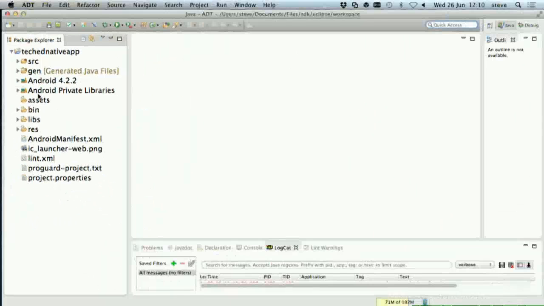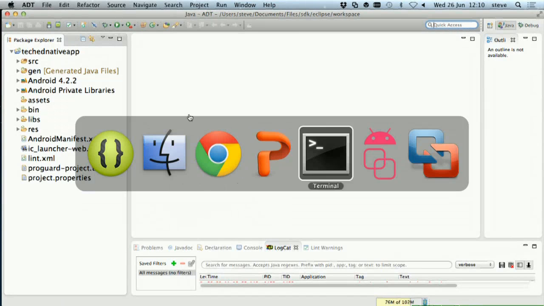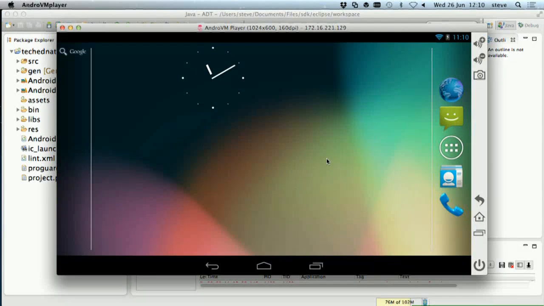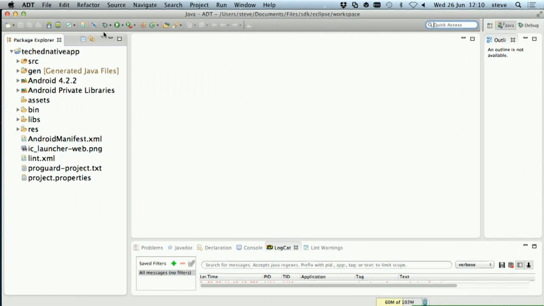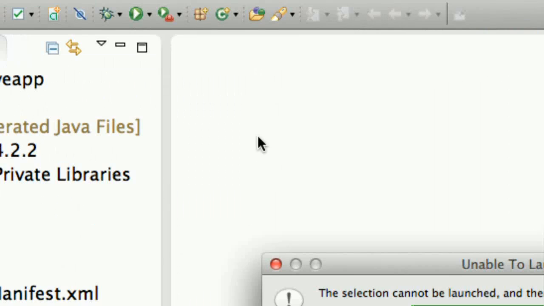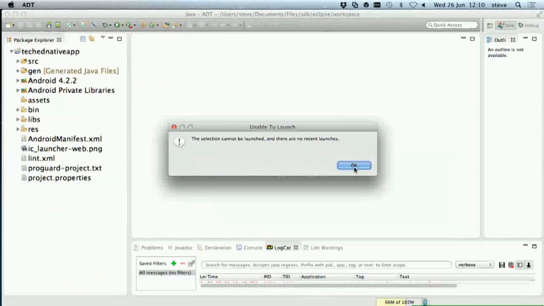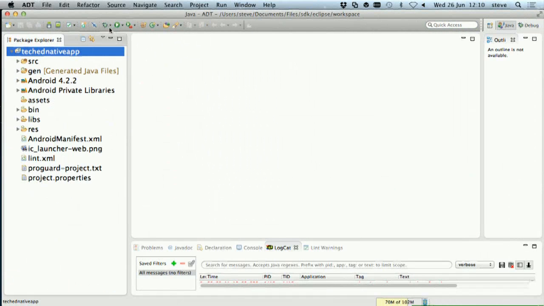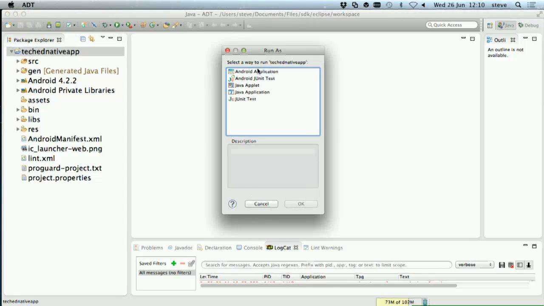So I can now have a look and see all the files. I'll show you a bit of source code in a minute, but let's firstly run this project. So to run it, I've got an Android virtual machine right here. You can obviously use a real device if you want to, but this VM is quite convenient. And I want to run my code in that. So I'm going to click on this green play button here. And it says, OK, first you have to select what it is you want to run. So I'll do that and click Run again. How do you want to run this?